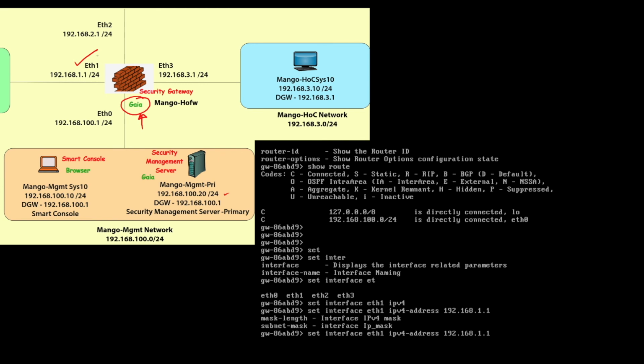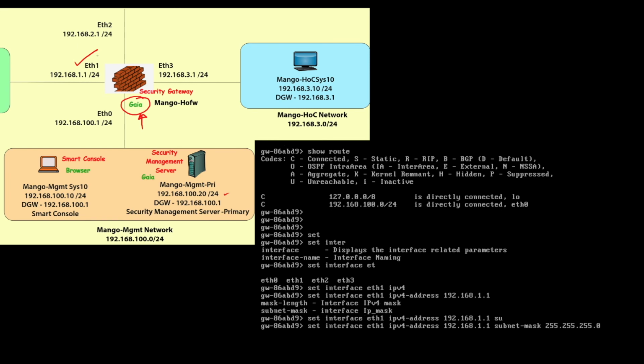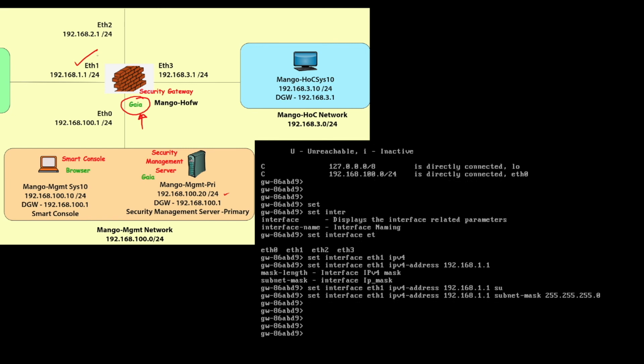I can either give the subnet mask or the mask length. I say subnet mask 255.255.255.0. I say enter. That's how I assign an IP address for the ETH1 interface.